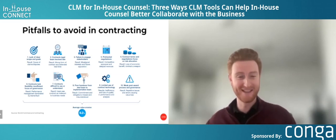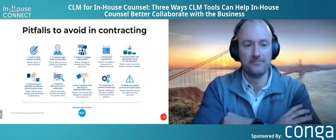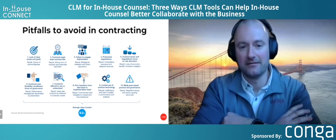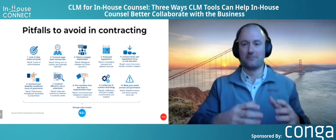We want to avoid getting to that point if possible, but really great learning lessons. And it's a collaborative environment. I know we're going to touch on it a little bit, but making sales, legal, finance, procurement, whoever else is involved, just speak the same language and be on the same team to win together. Yeah, definitely. And that all living together, that just plays into 8, 9, 10, making sure that relationship is